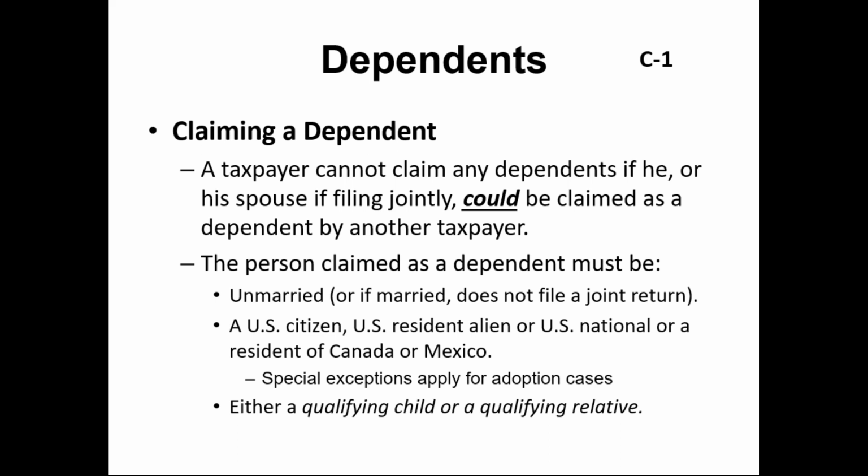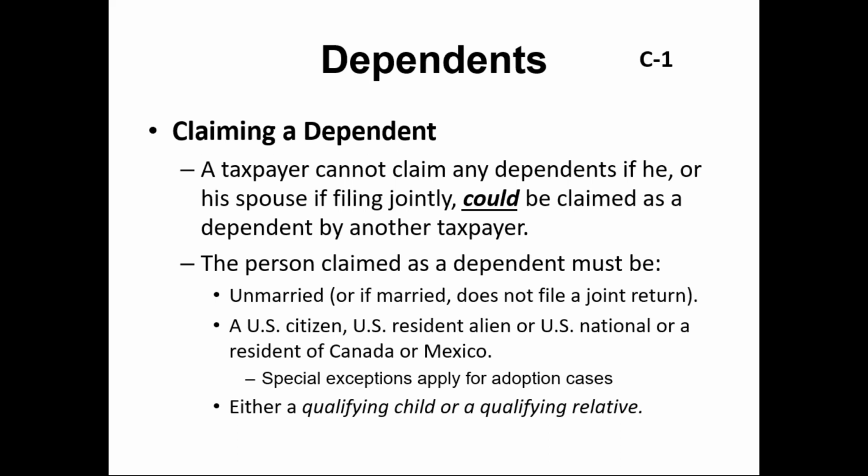Now, when we take a look at a dependent, what we're looking at here is we are not allowed to take any dependents on our return if we ourselves can be claimed as a dependent on someone else's return. So theoretically, if you have a situation where you may have multiple generations living under one roof, and you have a younger parent who has a very small child, all living under the roof of a